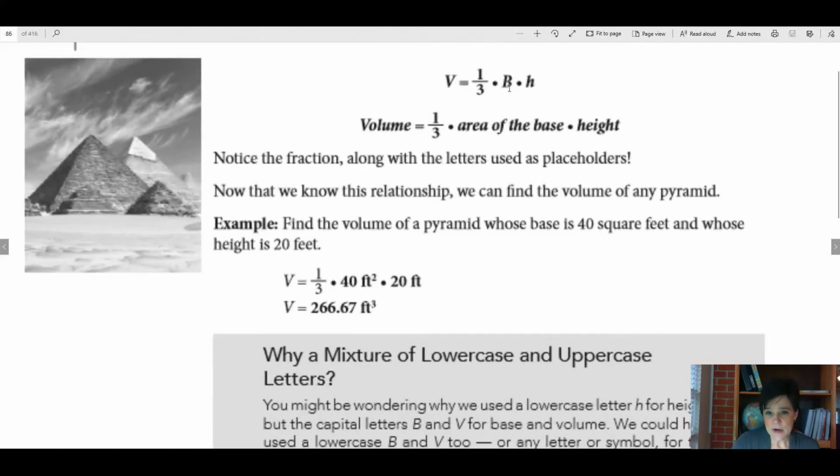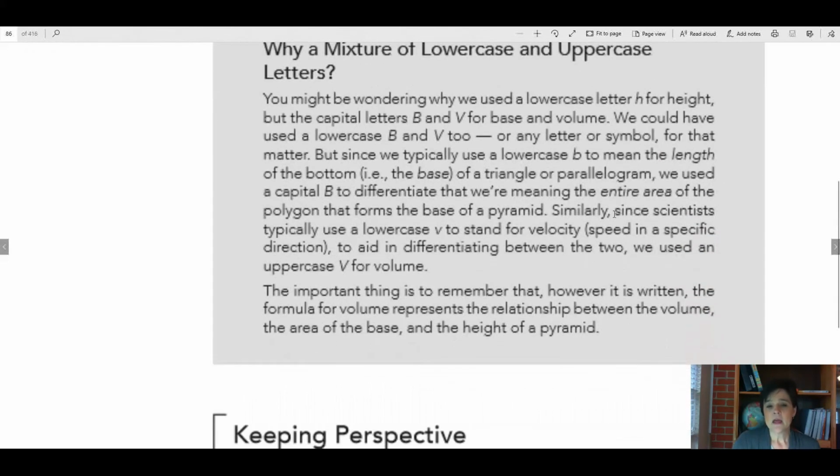I want you to notice this uppercase B and this lowercase h. You might have wondered that. Okay. So, the capital letters B and V are used for base and volume. You could have used a lowercase b and v, or any other letter or symbol for that matter, but since we typically use a lowercase b to mean the length of the bottom, like just the base of a triangle or parallelogram, we use a capital B to differentiate that we're meaning the entire area of the polygon that forms